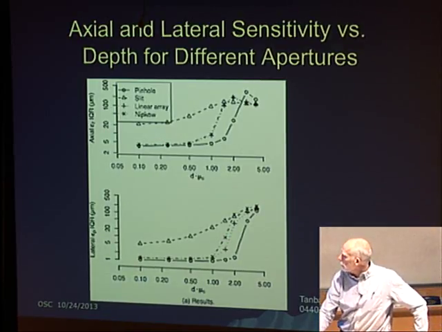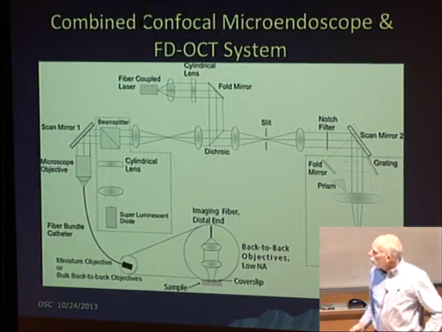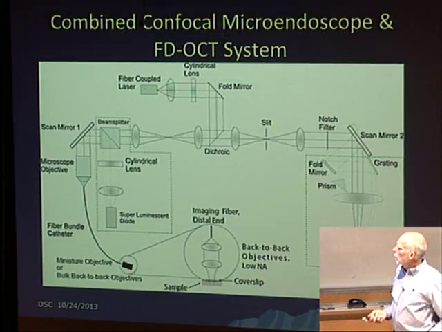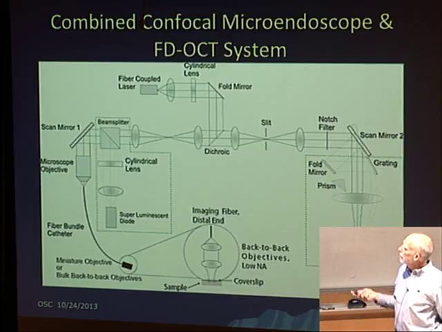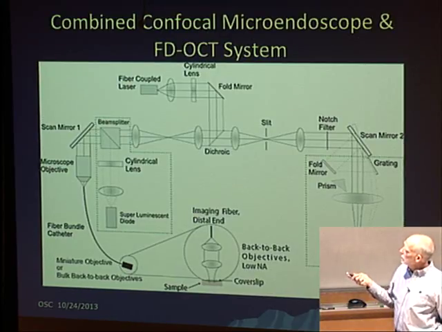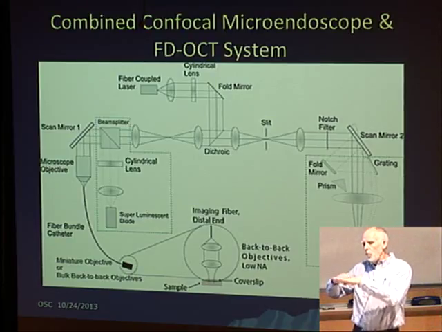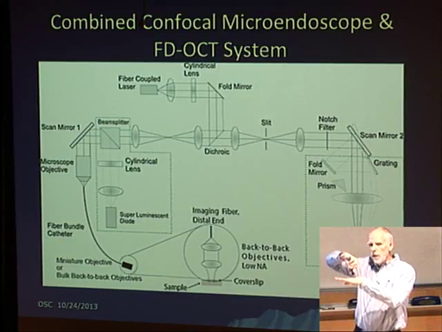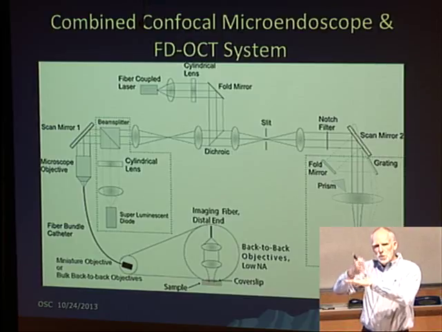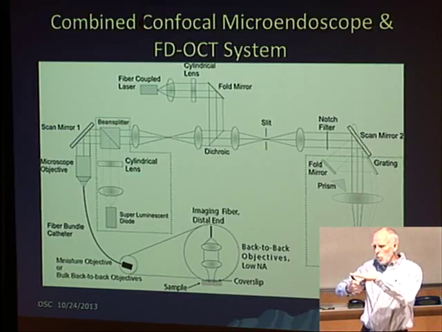So that's very nice, and we're continuing to try to push on incorporating that and getting a few bugs worked out of the spinning disk system. Another advance or technique or idea that we had about using this system was to combine the confocal microendoscope idea, this NFOS view of tissue with a probe coming down, with the nice idea of OCT imaging to be able to image cross-sectionally through the tissue.